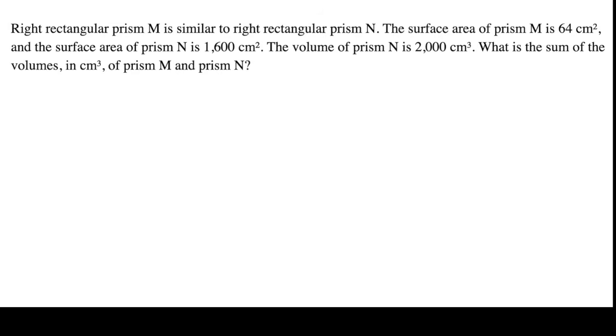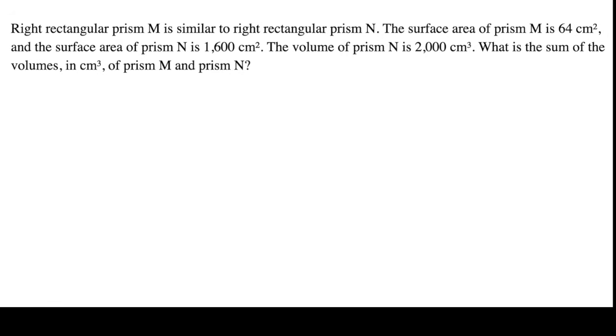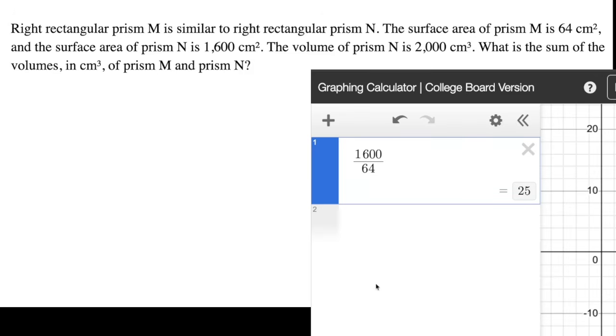All right. I've got another example for you. This one has a little bit of a twist to it though. So at the surface level, no pun intended, it looks pretty straightforward, right? They're giving us the surface area of one shape and the surface area of another, so I can just find my scale factor. So my big one is 1600, and then my smaller one is 64, and that's going to equal